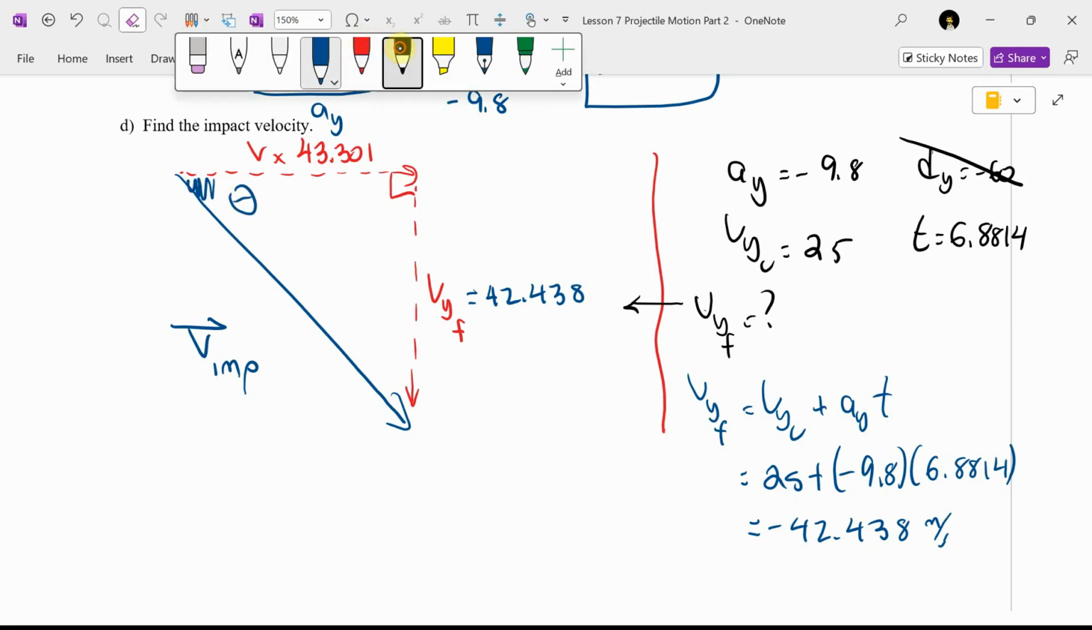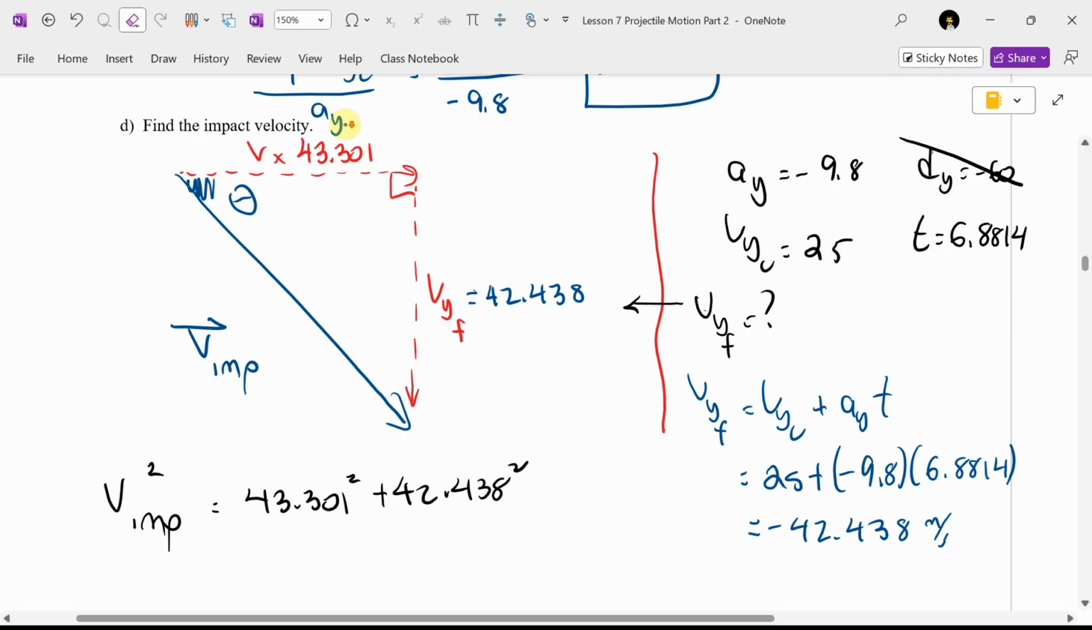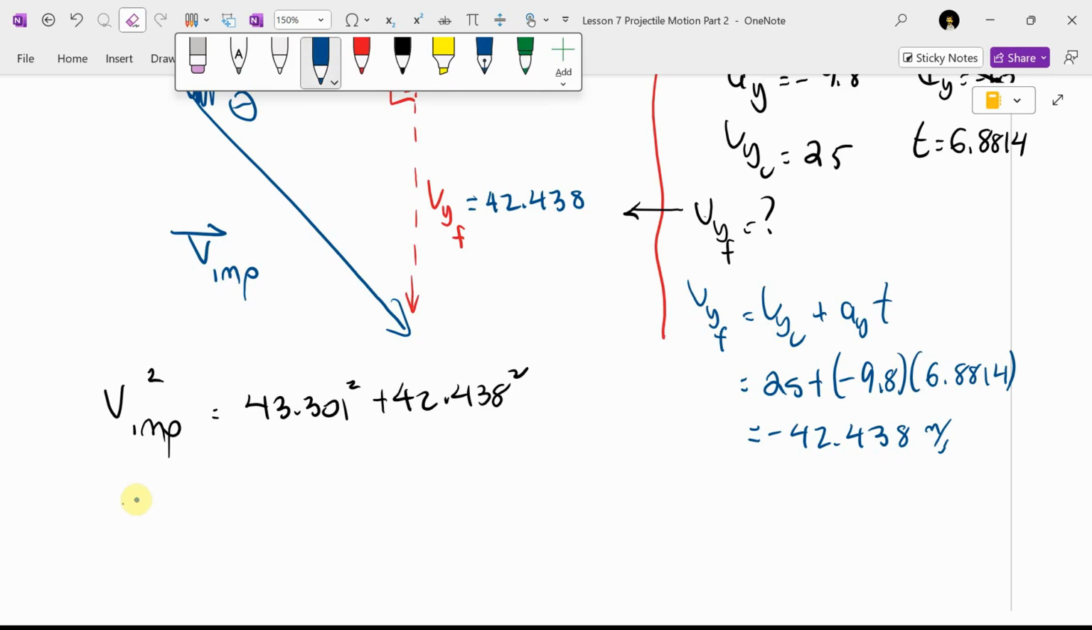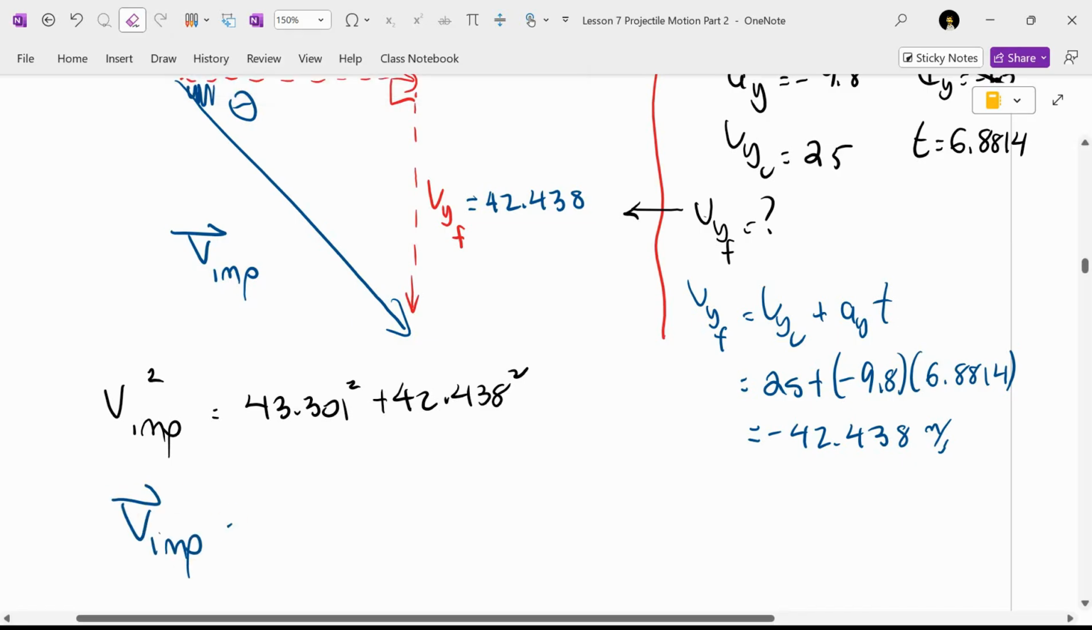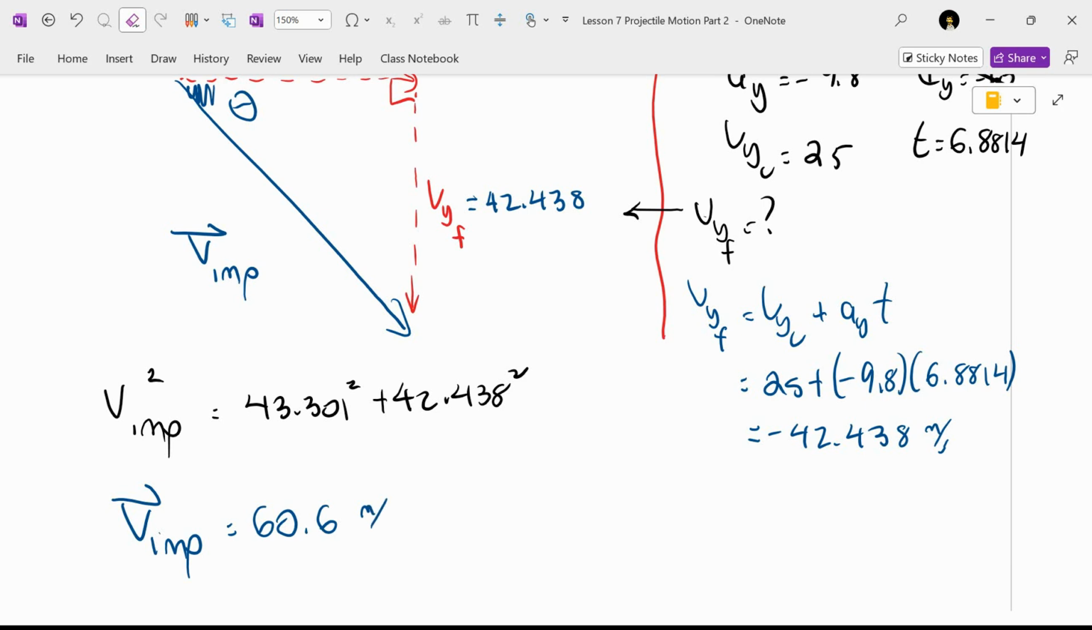To find the magnitude of the impact velocity, it's going to be V impact squared equals 43.301 squared plus 42.438 squared. What's the magnitude of the impact velocity? It's going to be 43.301 squared plus answer squared, since I have that sitting there, square root. And I get 60.6 meters per second at